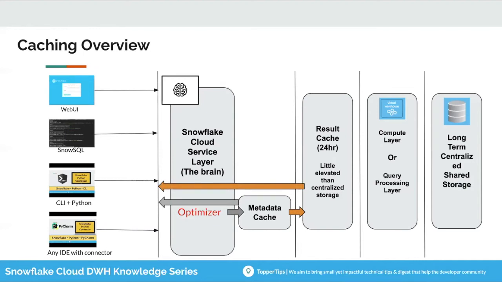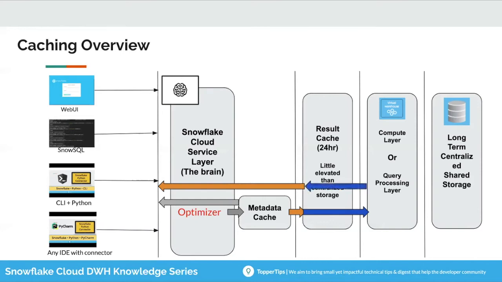Now, in both these two cases, the virtual warehouse is not at all used, so you don't have to pay anything. Now let's assume that the result cache also doesn't have the data or cannot serve the user, then it will go to the compute layer. And from the compute layer, if it is running and has the local data available in its SSD or its memory, then the data is returned back to the user.